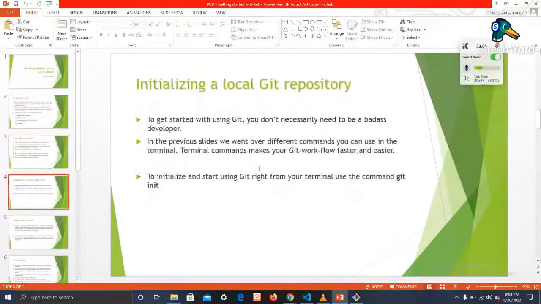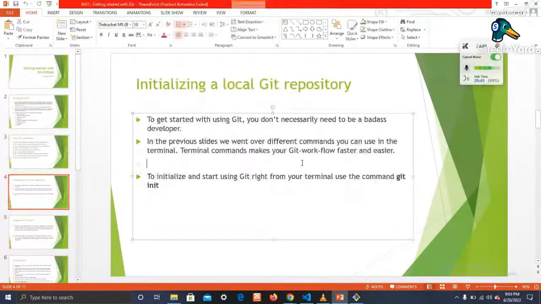So let's go into initializing a local Git repository. I forgot to say this earlier, but to get started using Git, you don't necessarily need to be a very good developer. Any normal developer that understands the basic command line commands we just looked into could use Git.